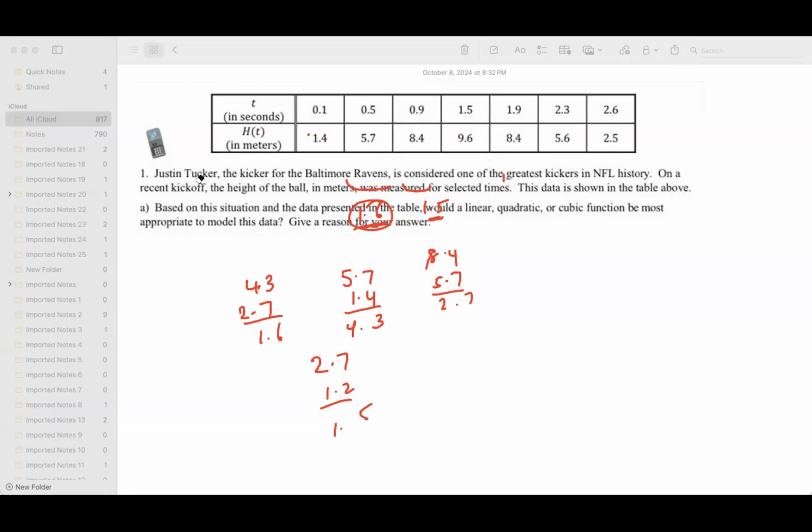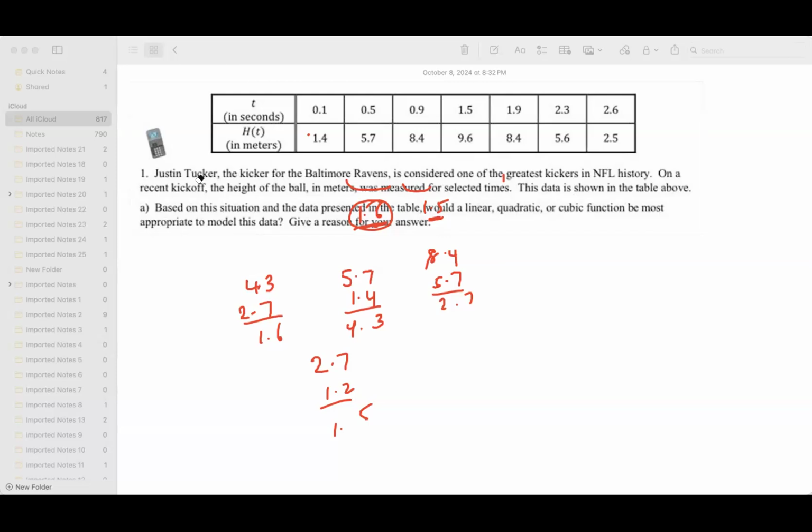Go to stat plot, list, edit, and then enter the numbers. Quickly you can enter 0.1, 0.5, 0.9, right? 0.1, 0.5, 0.9. It won't take time. And then 1.5, 1.9, 1.5. I'm doing it. If you want, I will do it on the board as well. 1.9, 2.3, and 2.6. If you enter it quickly,